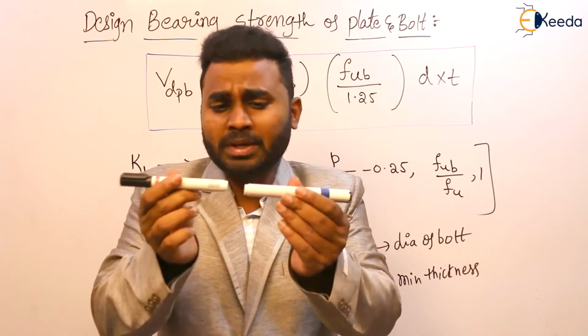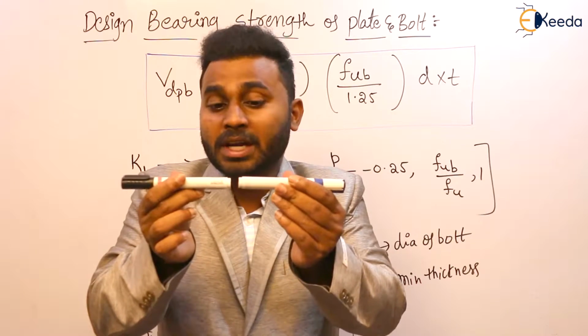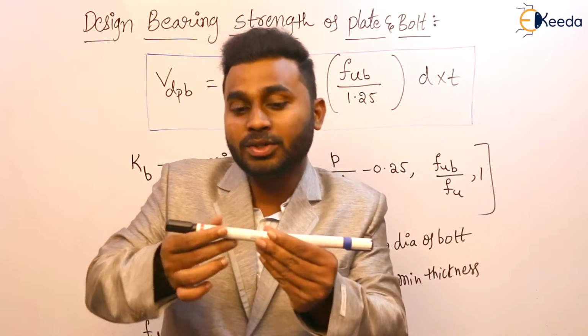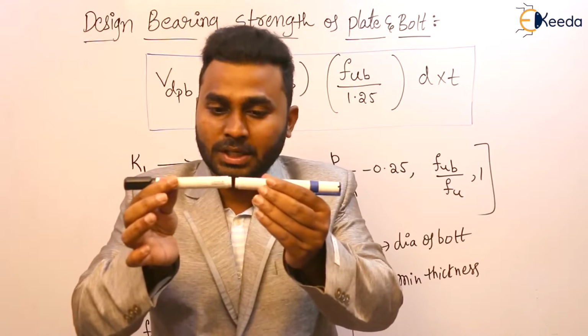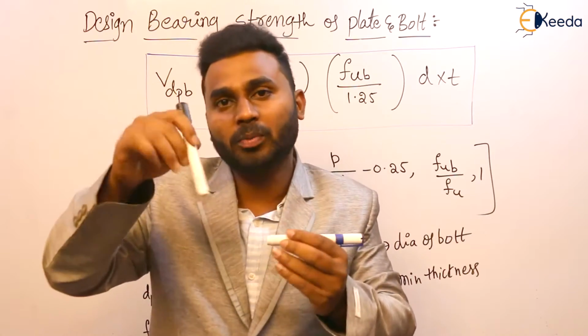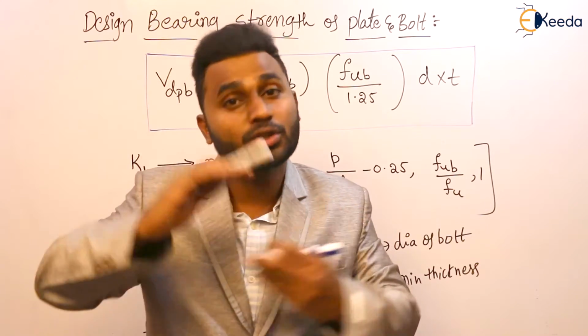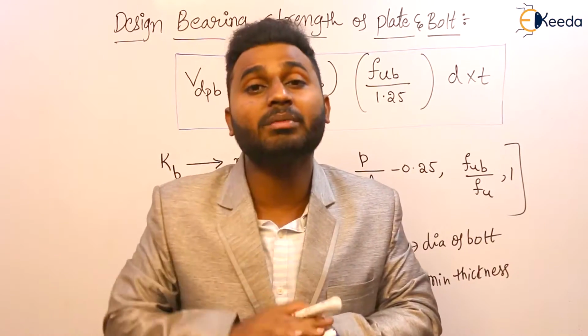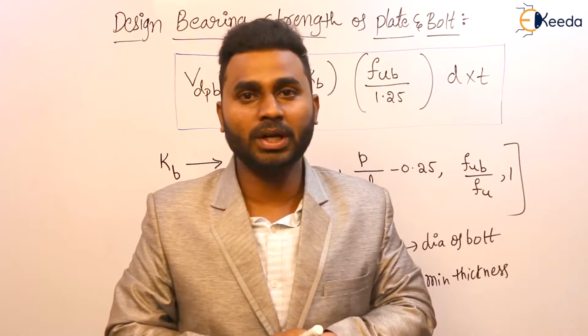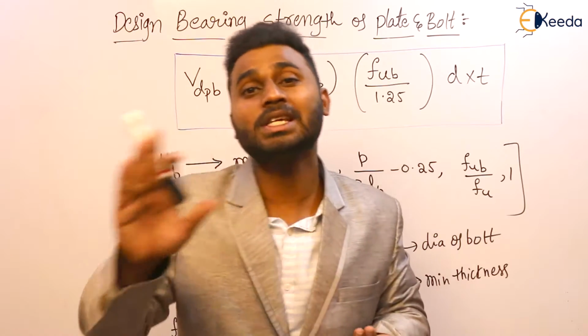And what is the single cover butt joint? These two members are placed end on end, and then using one cover plate we connect them. Here obviously mostly the two members will have the same thickness and the cover plate will have some other thickness. Out of the main member and the cover plate, whichever has the minimum thickness, we have to take that. So it is simple in lap joint and single cover butt joint.